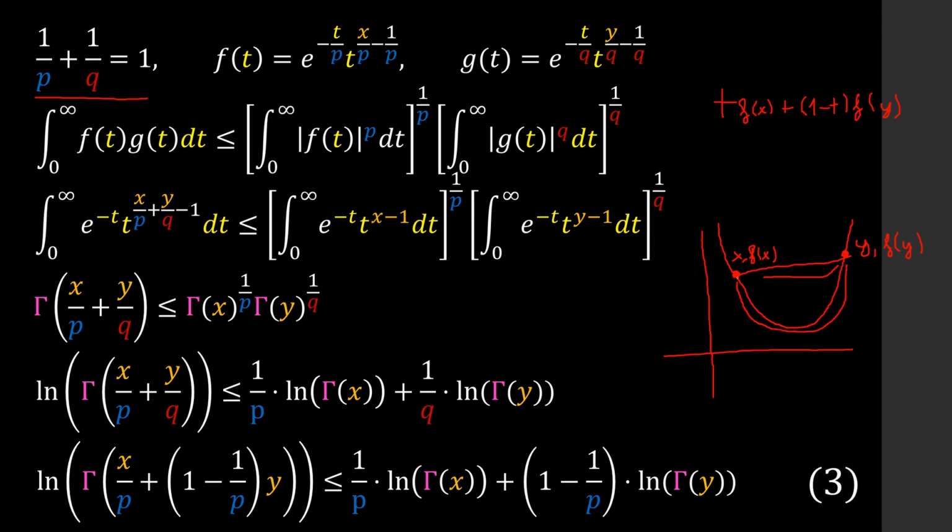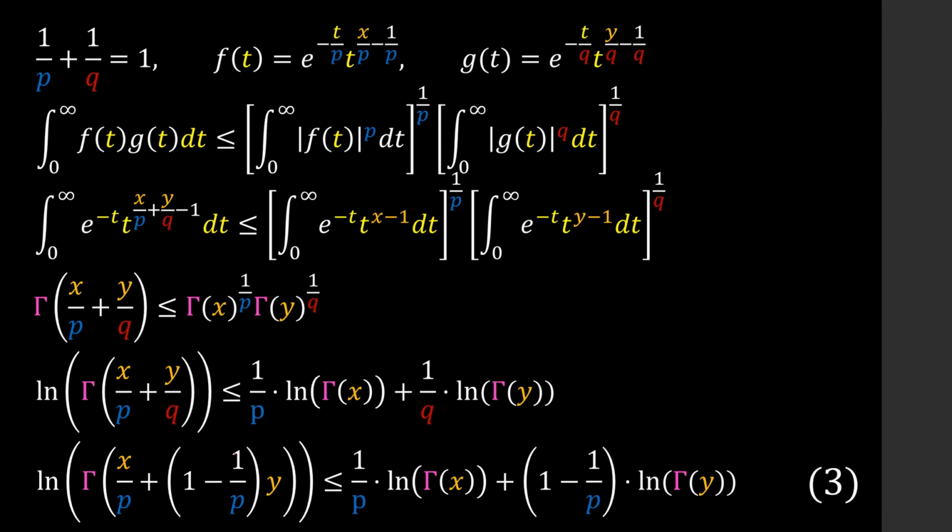So what it ends up saying is that for a particular t, I may be here and I might be here, and I'm just saying that this value is bigger than that value. And here instead of t, we had 1 over p, but you got 1 over p from using Holder's inequality. So what we're saying is that the log of gamma of x is convex. And log-convexity is quite a powerful statement because it implies regular convexity, but it's not an if and only if